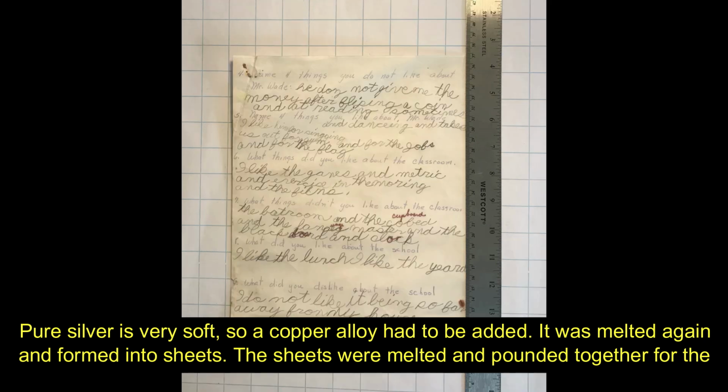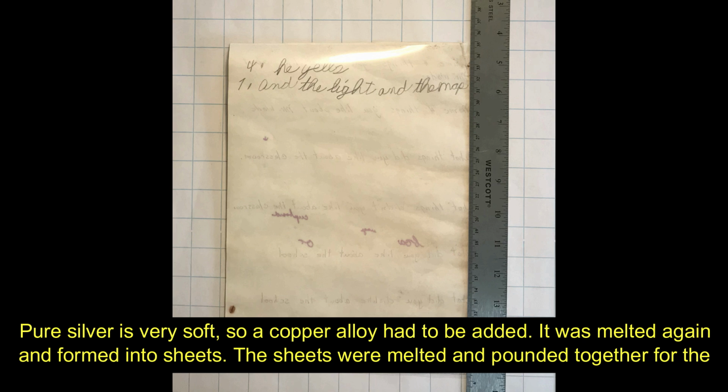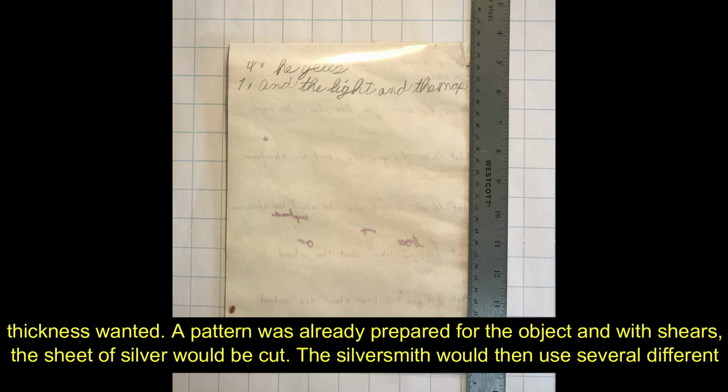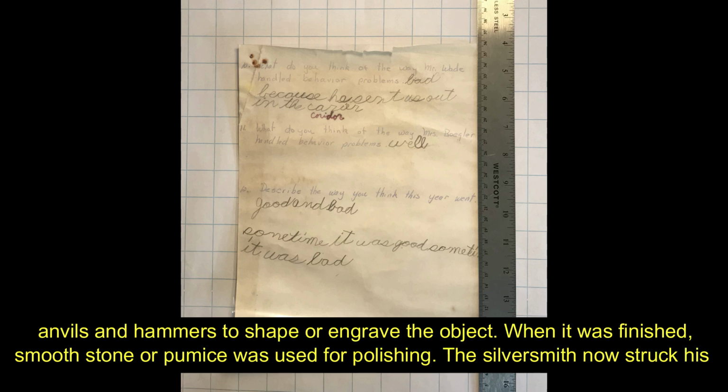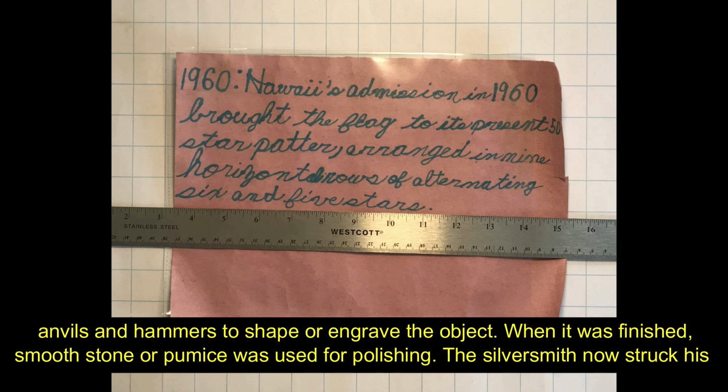Pure silver is very soft, so a copper alloy had to be added. It was melted again and formed into sheets. The sheets were melted and pounded together for the thickness wanted. A pattern was already prepared for the object, and with shears the sheets of silver would be cut. The silversmith would then use several different anvils and hammers to shape or